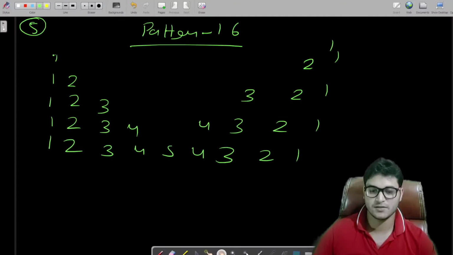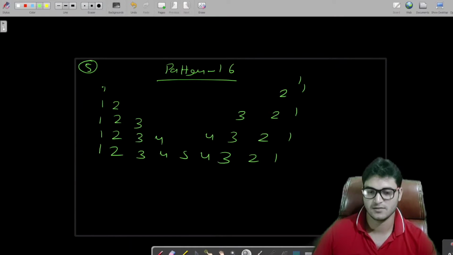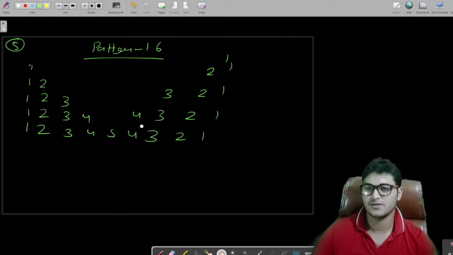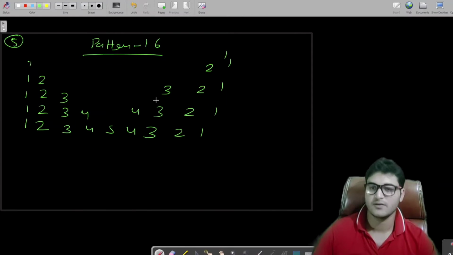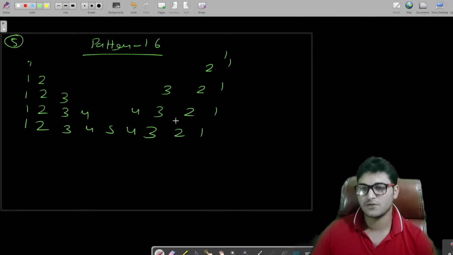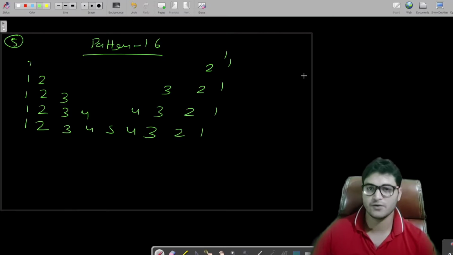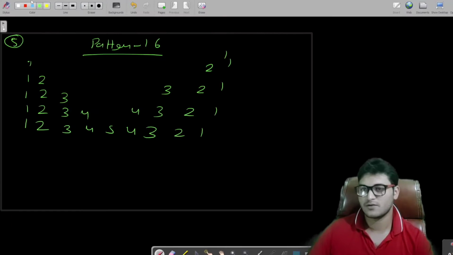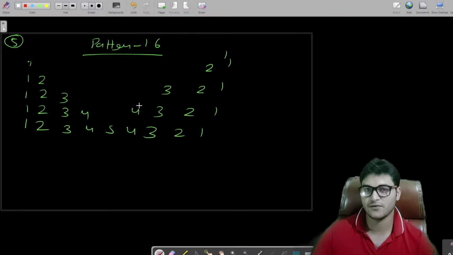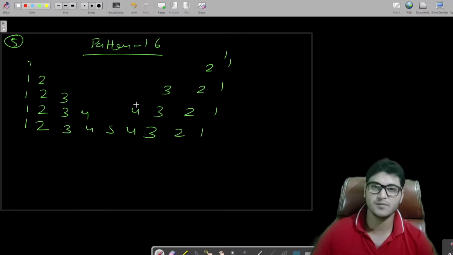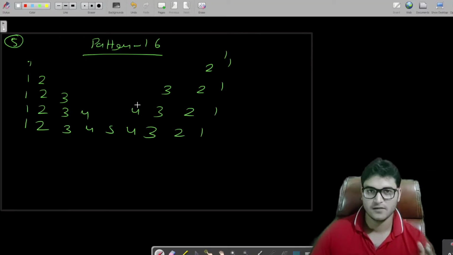Let me zoom out this. Fine. So this is the pattern which we have to draw today. So you will have to carefully observe this before going forward with the logic of what we have to draw. So you have to think about what the number of rows is and how many columns there are. Fine. So as we are discussing from the very initial level, we will be making programs with the help of stars and with the help of spaces.